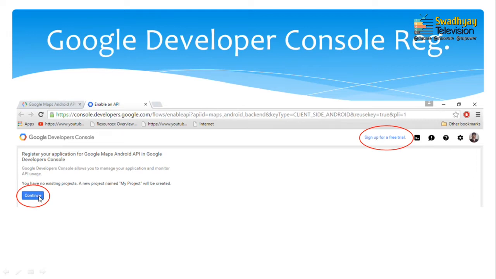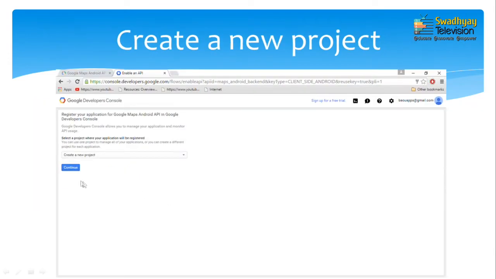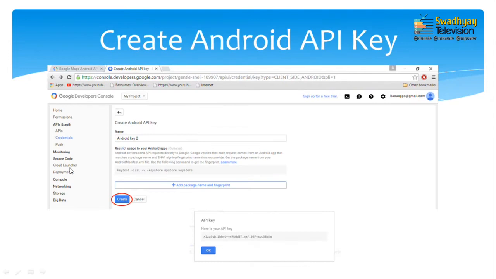So, if you press this sign up for a free trial, it will ask you necessary information and then proceed, but here I have Google developer registration. So, I can press this button. Now, next here we have to press the continue button. Once you press this continue button, this screen is shown.